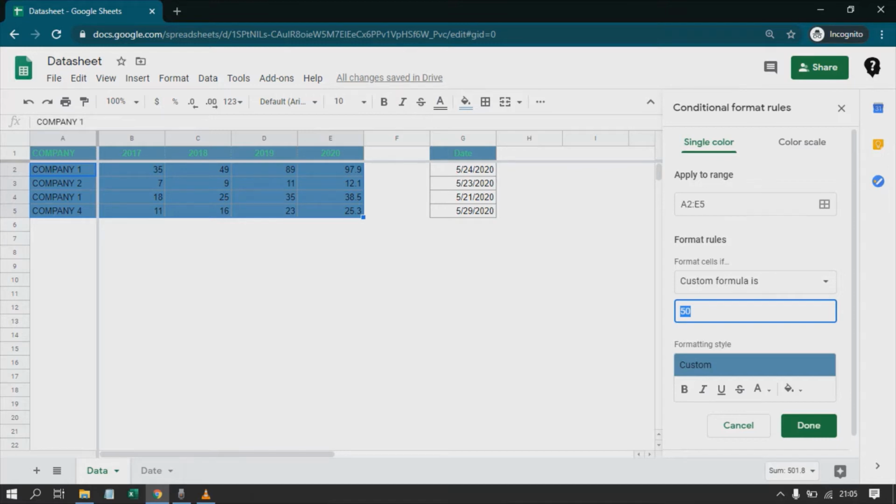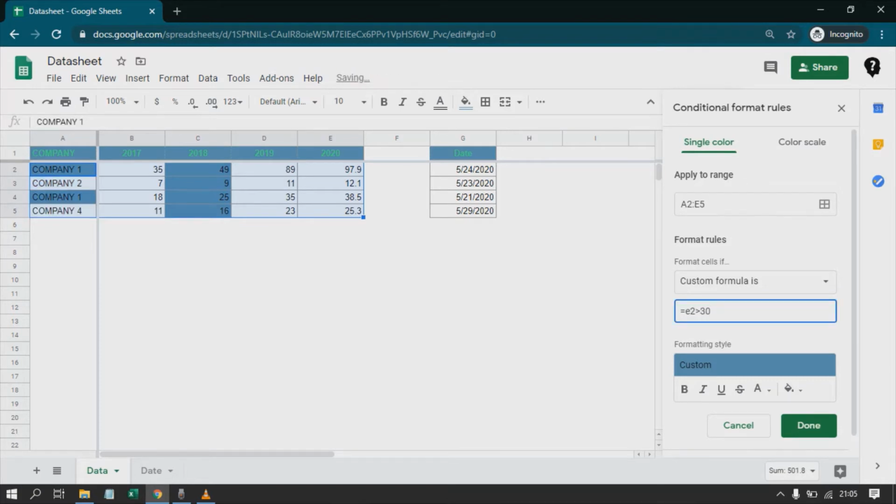So for example, I want to highlight the entire row basis the column E where the number is going above 30. Okay, so what I'll say is, I will say condition is my E2 is greater than 30. Okay, now you see here I have applied this range to A2 to E5.